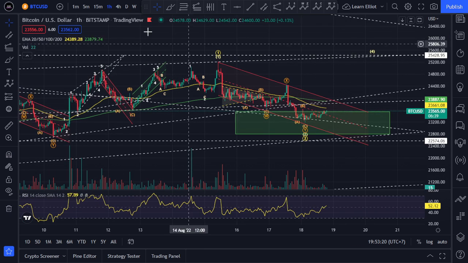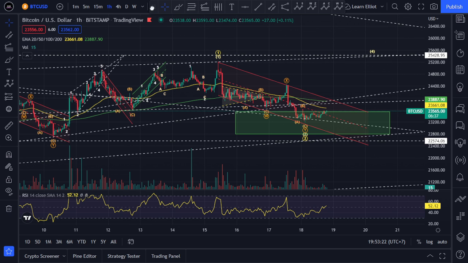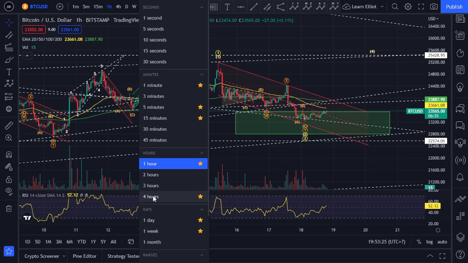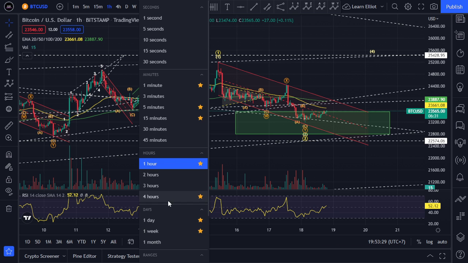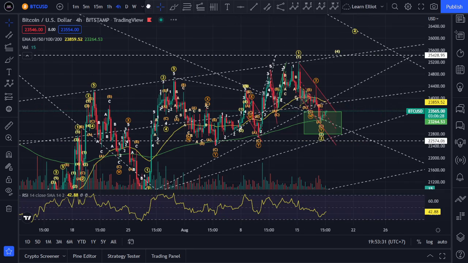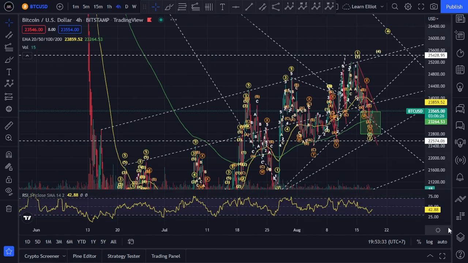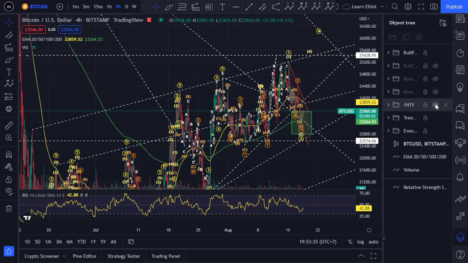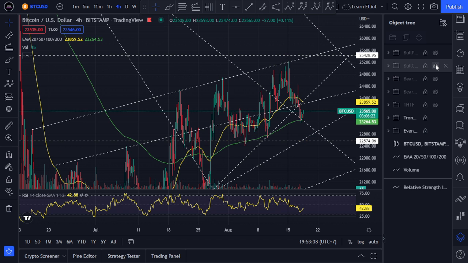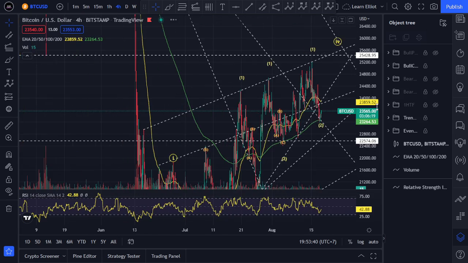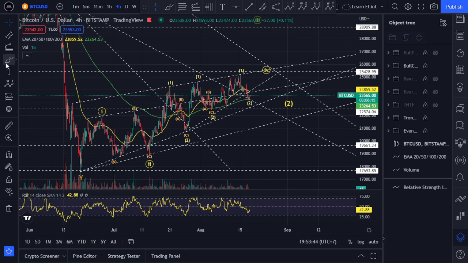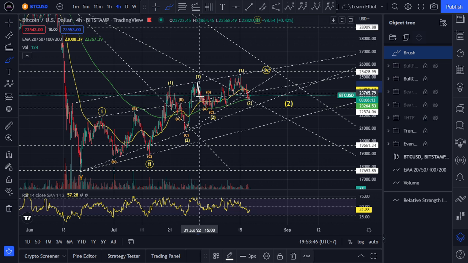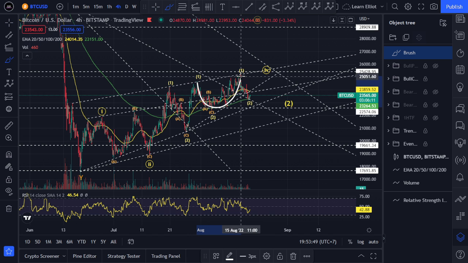And also I'm going to show you something. Let's go to the 4-hour time frame here. Let me hide this first and hide this. Okay, right now we are in the 4-hour time frame. We have this Copenhagen pattern here, as you can see, and this Copenhagen pattern